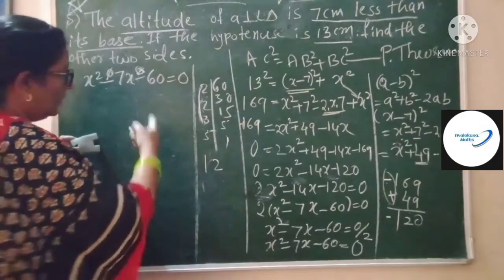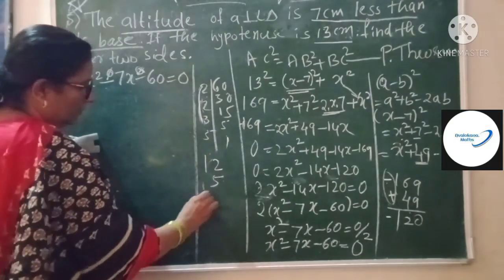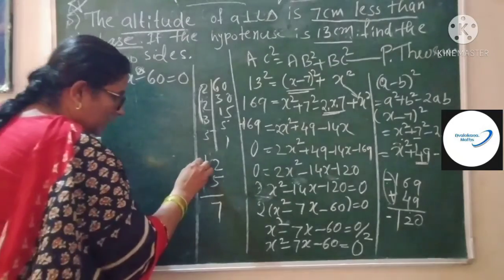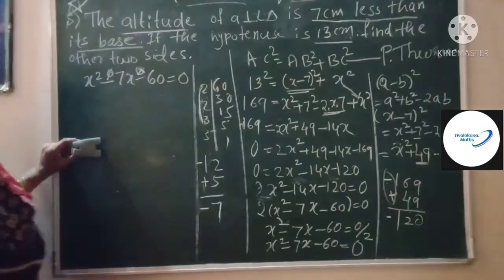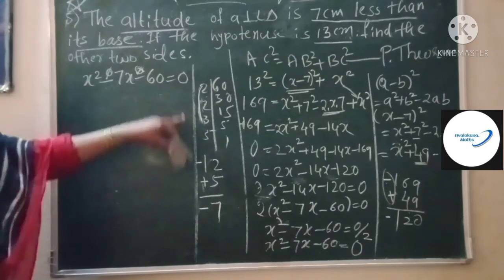We can rearrange according to what the requirement of the equation is, and this is 5. 12 minus 5 is 7. You want minus 7, so this bigger number take as minus and this one is plus, then you will get minus 7. Hope you people understand. This is the main thing.